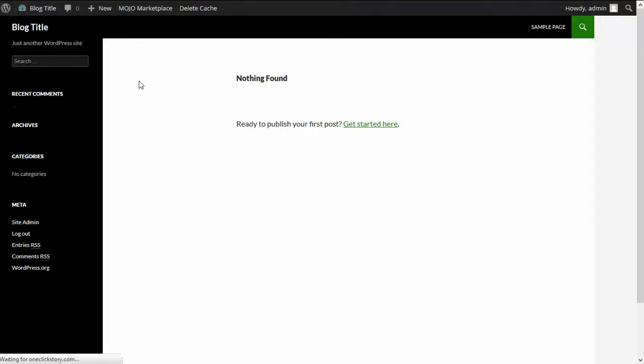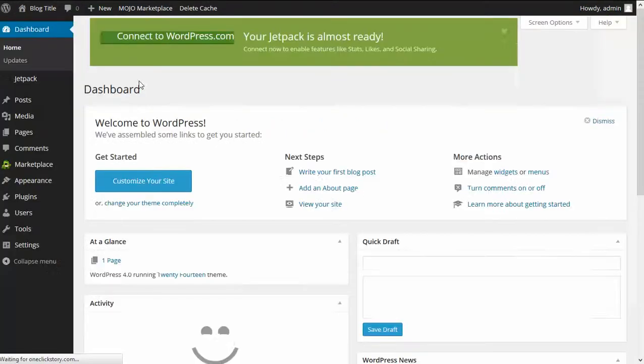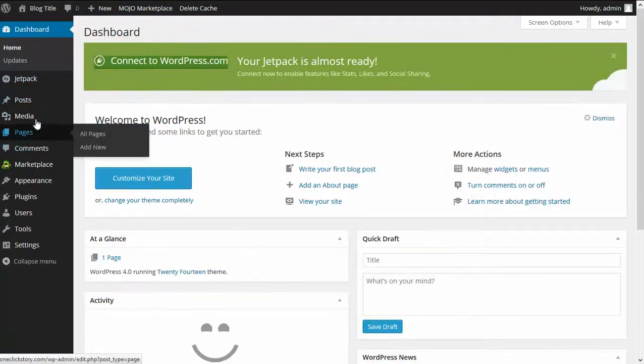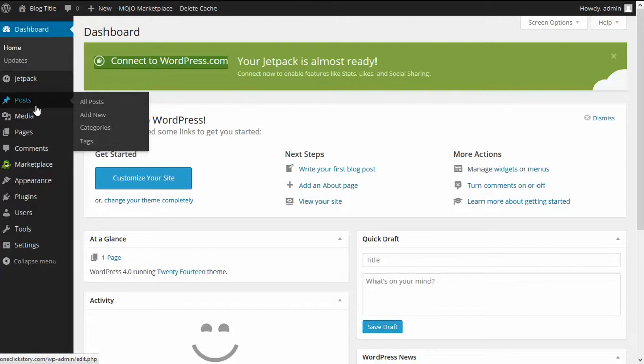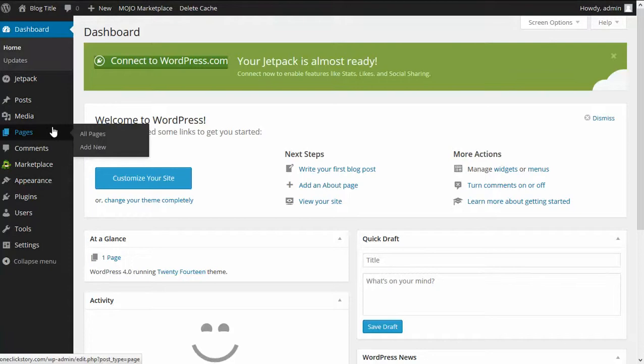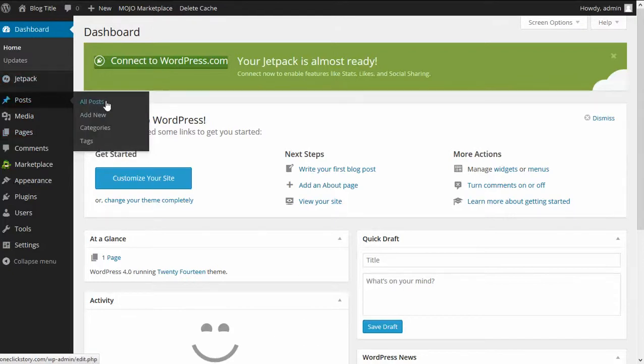One more thing I would like to mention here. Go to dashboard and you will see things as post and pages. This post will be used to create the traffic blast. That is, the traffic blast is basically a video post, and these pages will be used to create video sales pages and video opt-in pages. So this will be used for the pro packages, and the post section will be used for the beginners package. Also in the pro package you can create a post also, because it includes the viral traffic, that is the traffic blast.